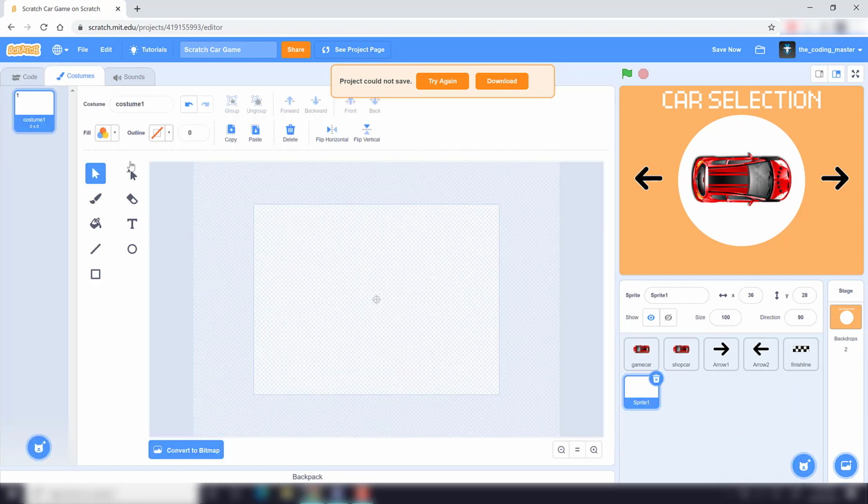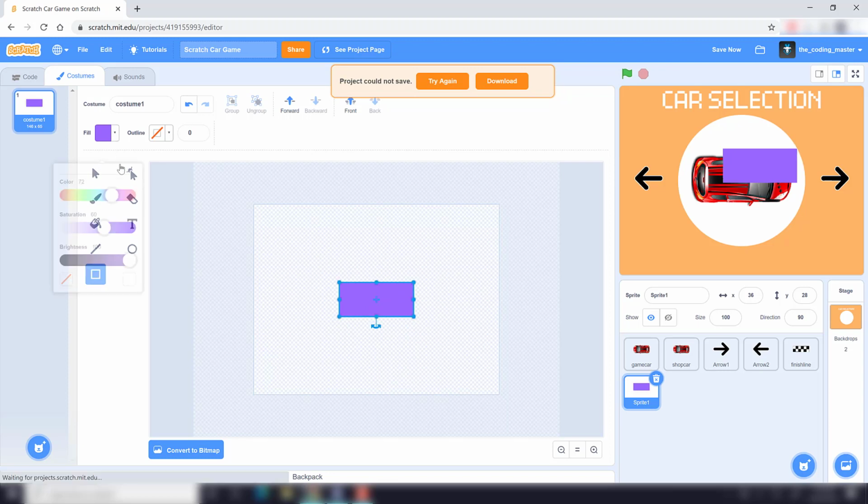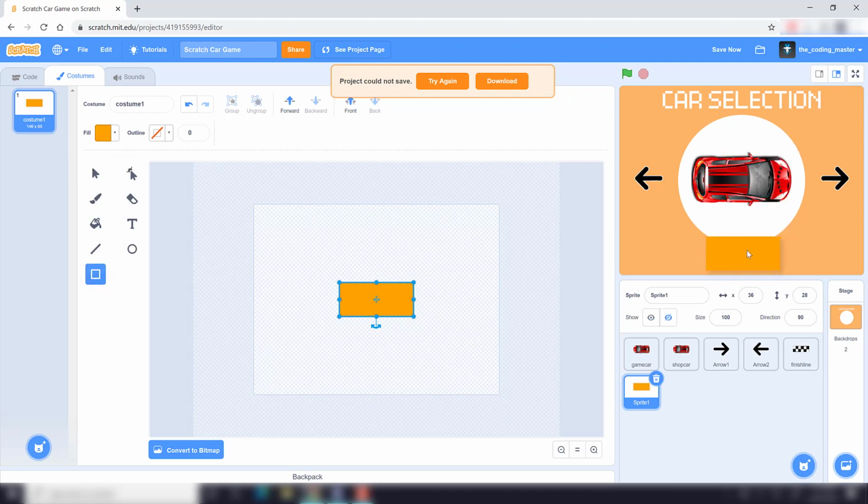Now what I'm going to do is create an equip button right here. So what this equip button is going to do is it's going to let me click it, and then I will be able to set it to the car that I choose here. So I'm just going to set it to some like orange color, like that. Put it down here. I'll set the X to 0,